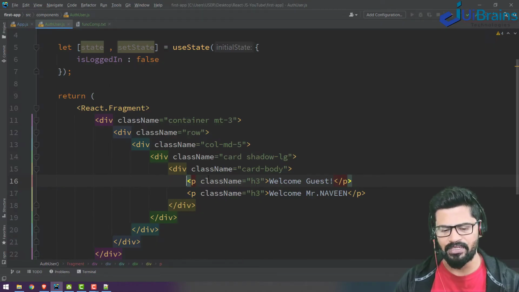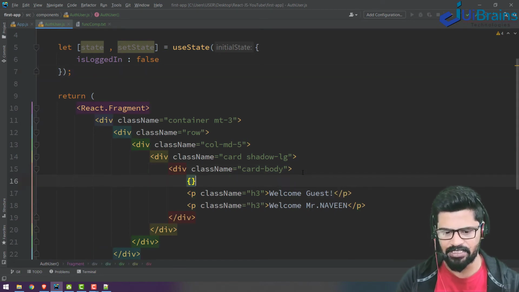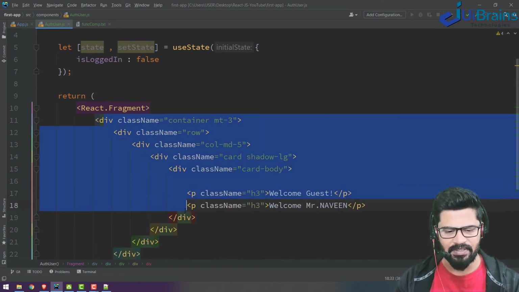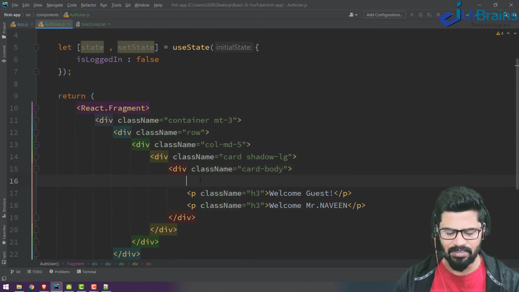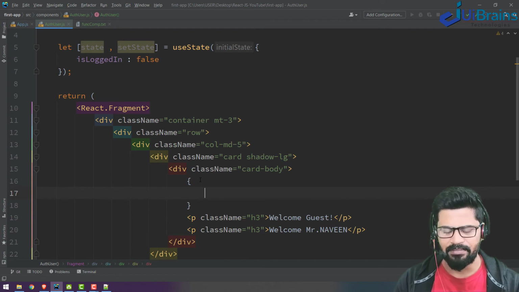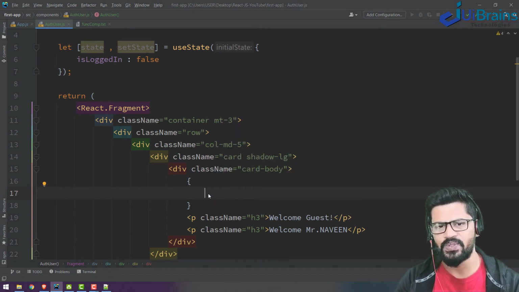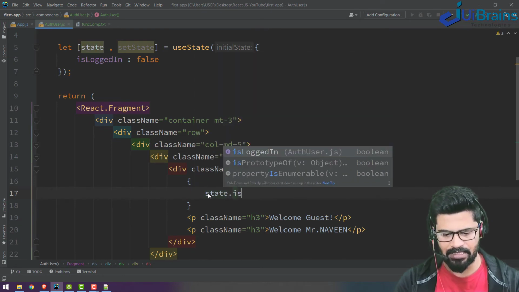So how can you display according to this condition? Generally you write a condition like this expression. Remember, this is all your HTML code. In the HTML code, if you want to display some content conditionally, you have to write brackets like this. This is a React expression. Inside you can write any kind of JavaScript statements. So here I can check the condition. Generally, you will check the condition using the ternary operator. You check the condition here, based on the condition state.isLoggedIn.